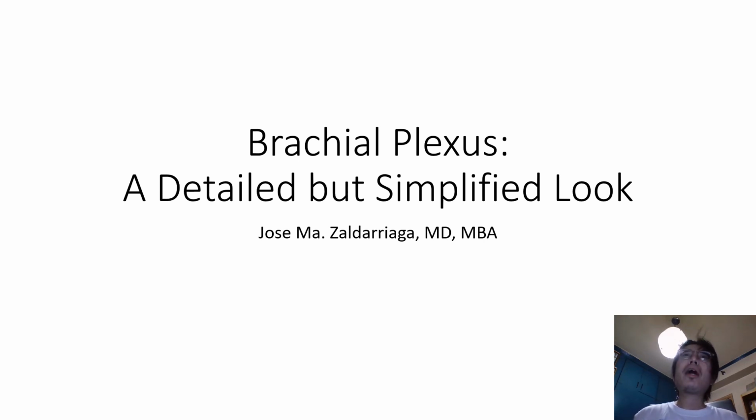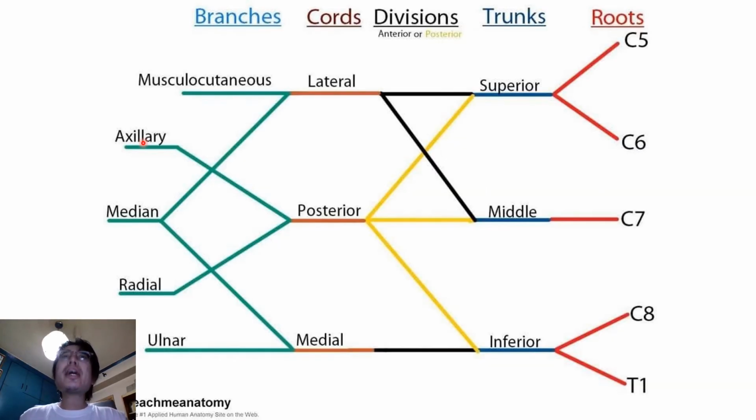This is actually part of our upper limb series of lectures, but the brachial plexus, being a complex yet simple structure at the same time, deserves a separate section on its own. If this lecture has only one takeaway, then it should be this slide. This is a simplified schematic of the brachial plexus and its main components.